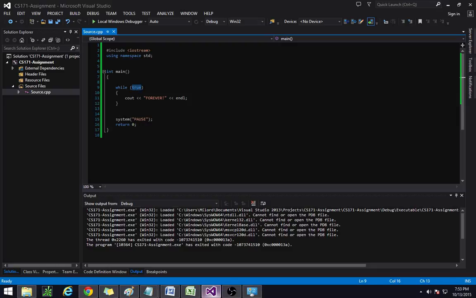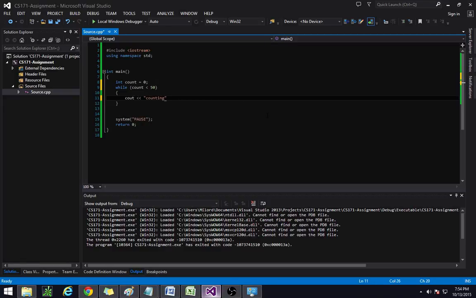Type in while, and then whatever is in here is your if statement. So actually, I'm going to make one where it's going to be just a simple counter. So int count, and I'll set that to 0. So while the count is less than 50, while count is less than 50, so this is true. Count, not cout. If count is less than 50, so it starts with 0, let's do